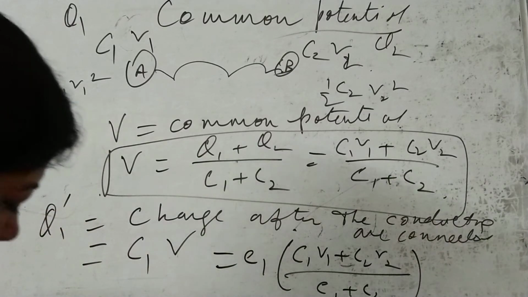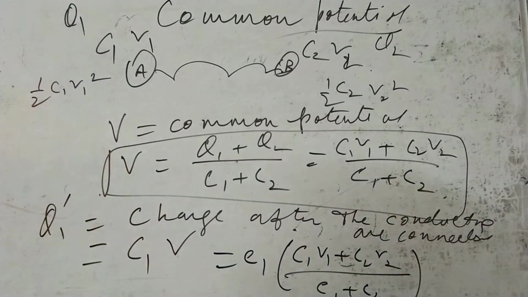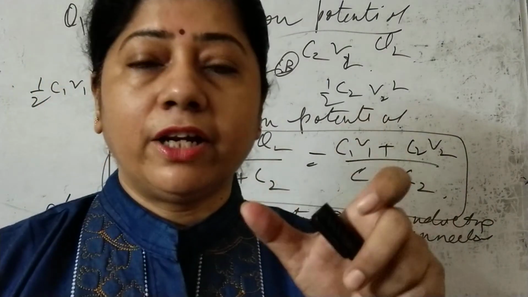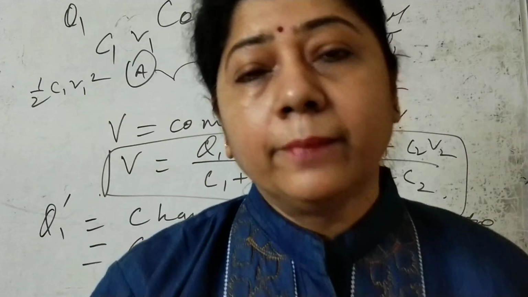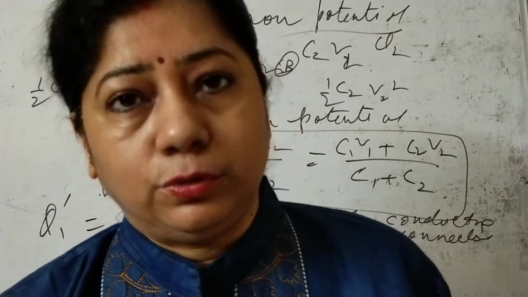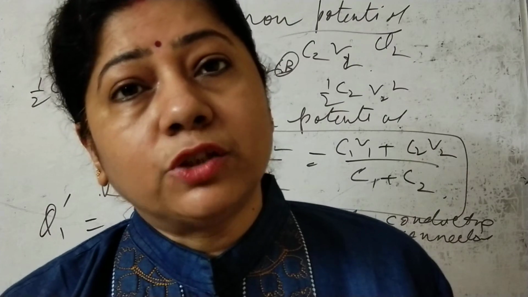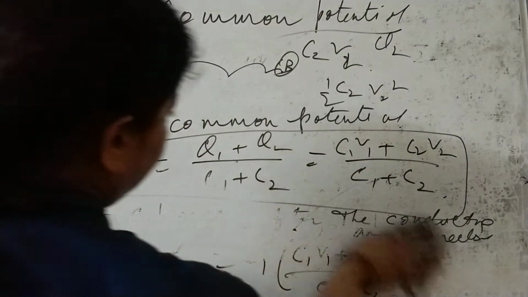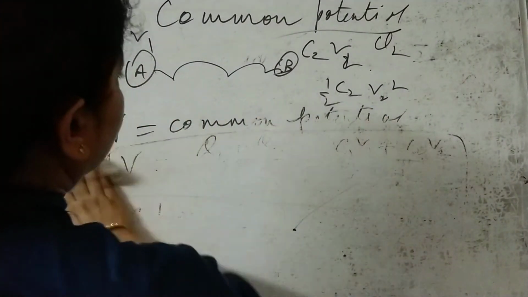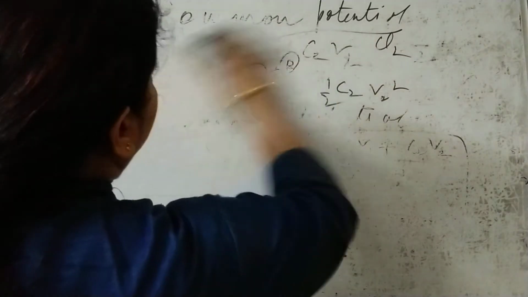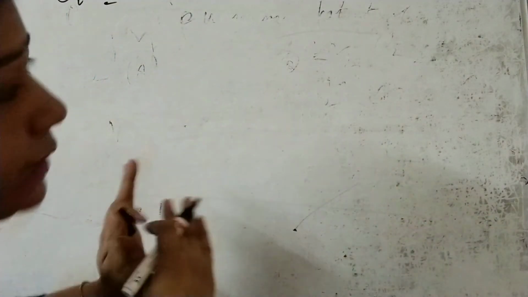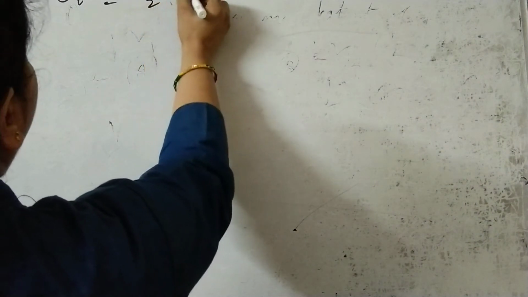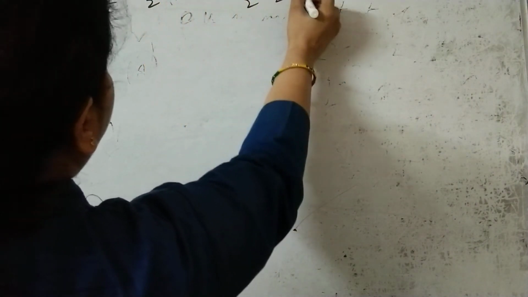But next, what is important is the potential energy, that is, the energy. Sometimes it is told that when you take the capacitor, listen to this properly. You have taken two conductors C1 and C2. So their initial energy is what? Total initial energy, we talk of both. So it is half C1 V1 square plus half C2 V2 square, right?